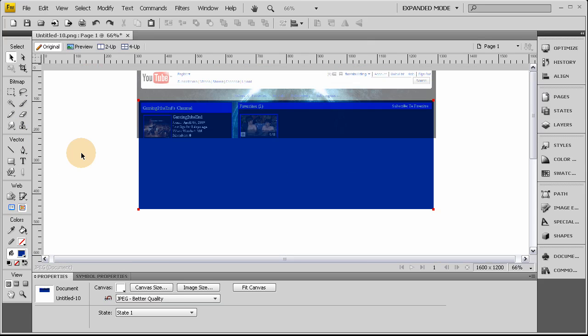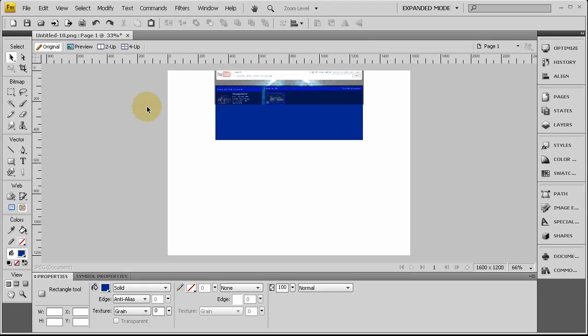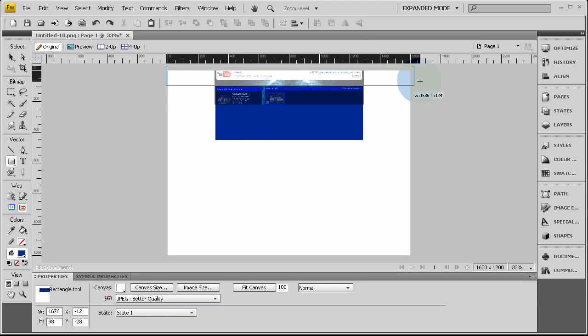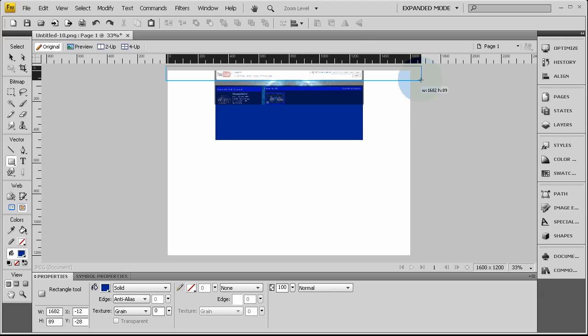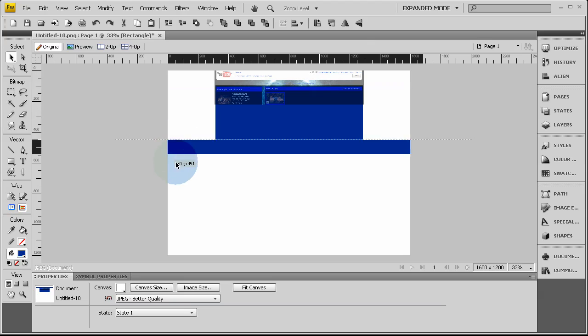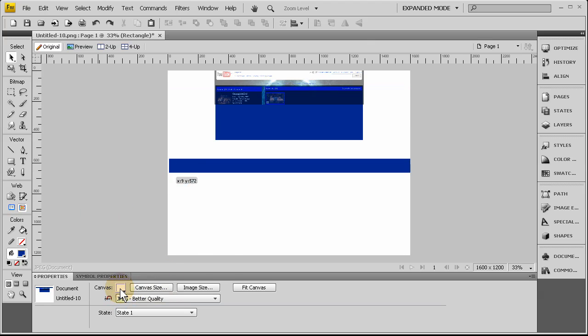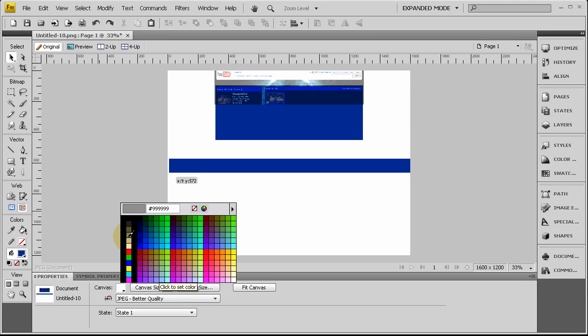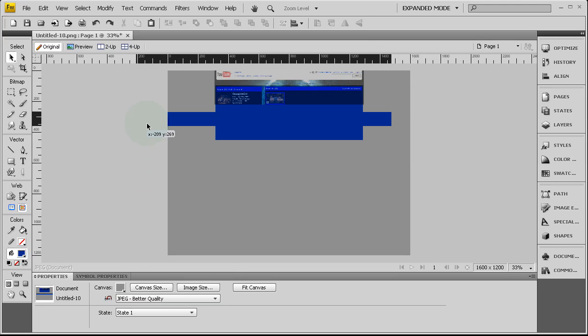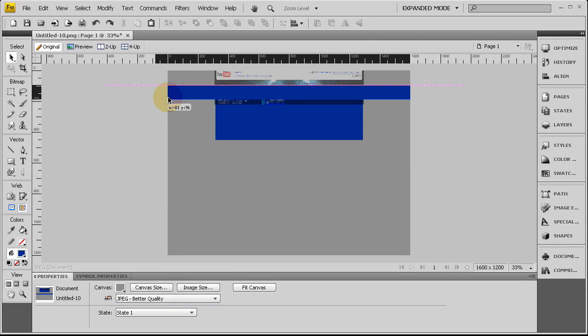So if we go up and grab another rectangle, let's just make it the whole width of the 1600, and we're going to match it up to right where the YouTube header is, and I'll show you why I did that. Let's move that out of the way. Let's change the canvas color to a neutral gray. Let's bring that back up top, and you'll see that the YouTube header